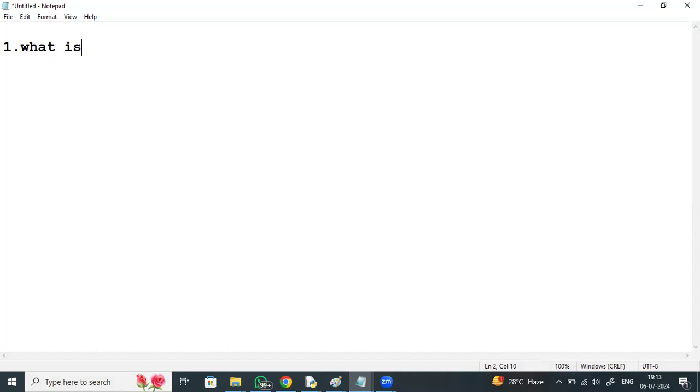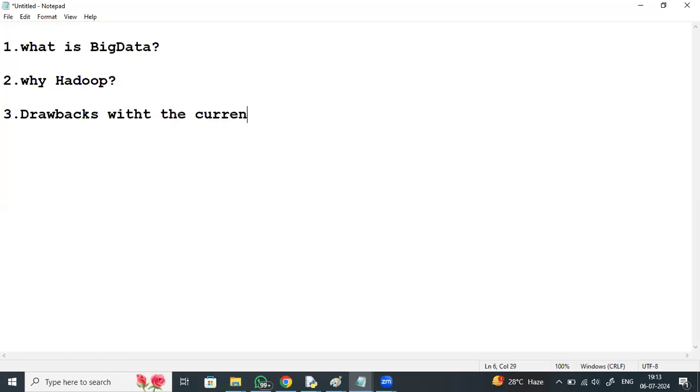As part of today's demo, I'll be covering the following topics. What is big data? Why Hadoop? Drawbacks with the current databases. Hadoop advantages.